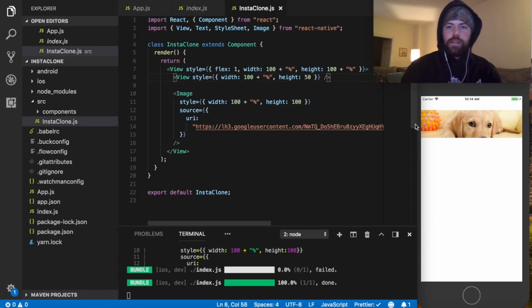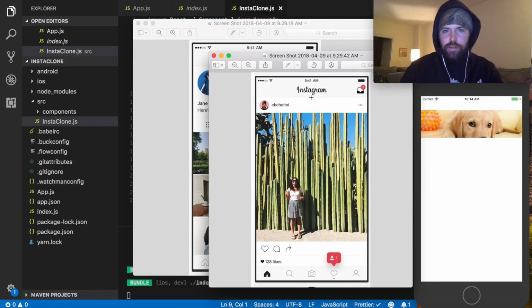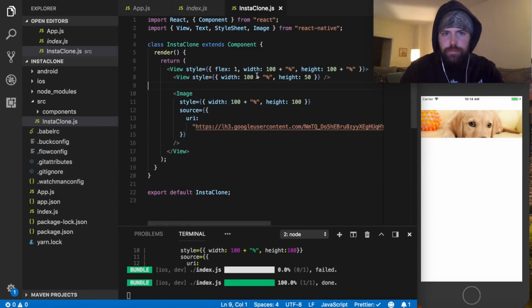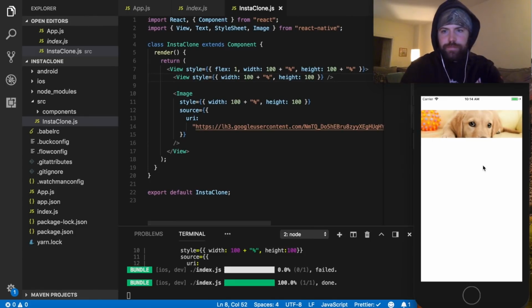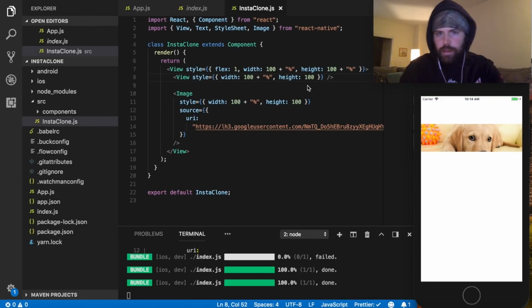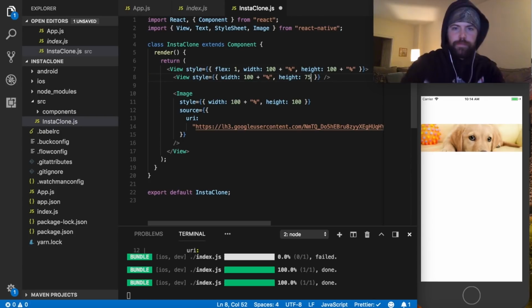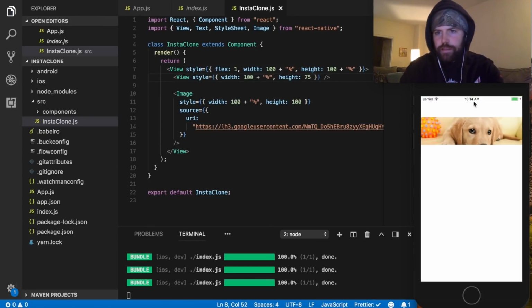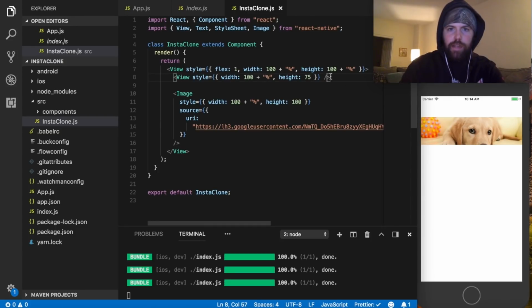Maybe I'll put a placeholder up here while we wait for our nav bar, so we can kind of copy the screen. So why don't I just make this one here a height of 100. That's too big. 75. That looks decent. And what we're going to do is give it a background color of